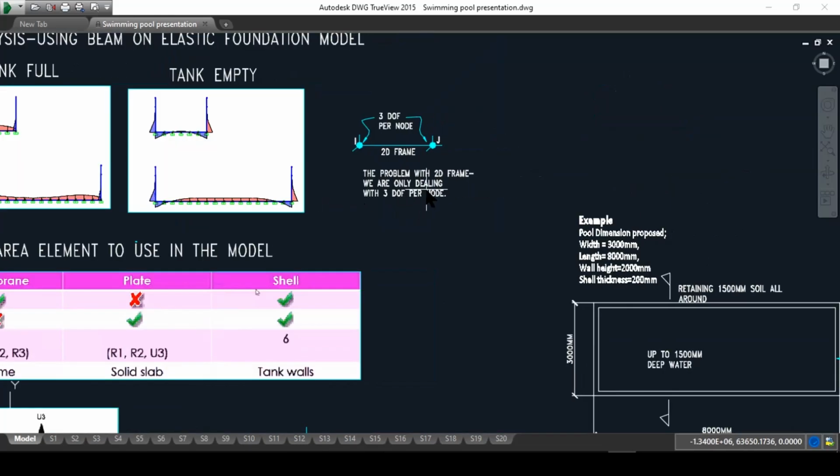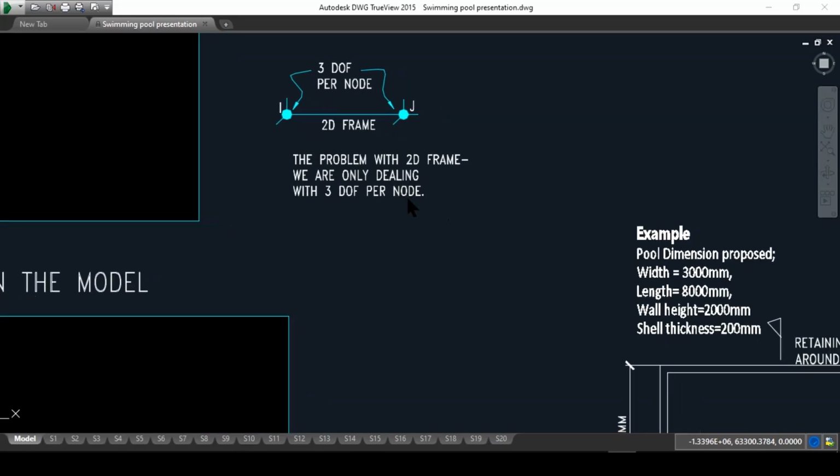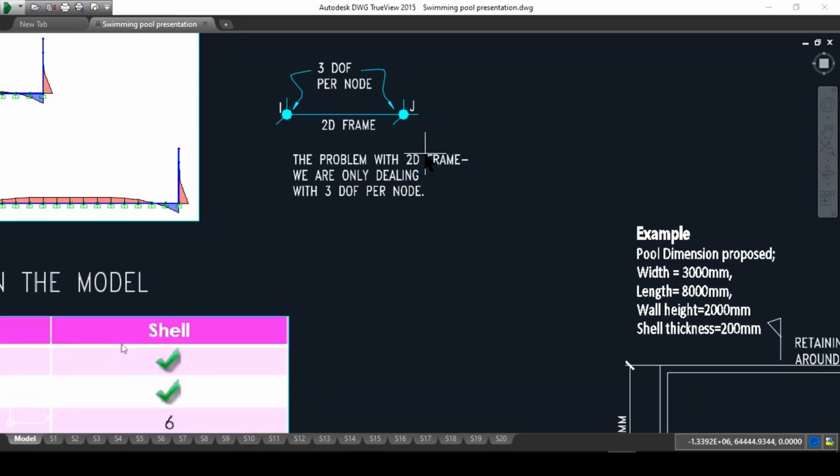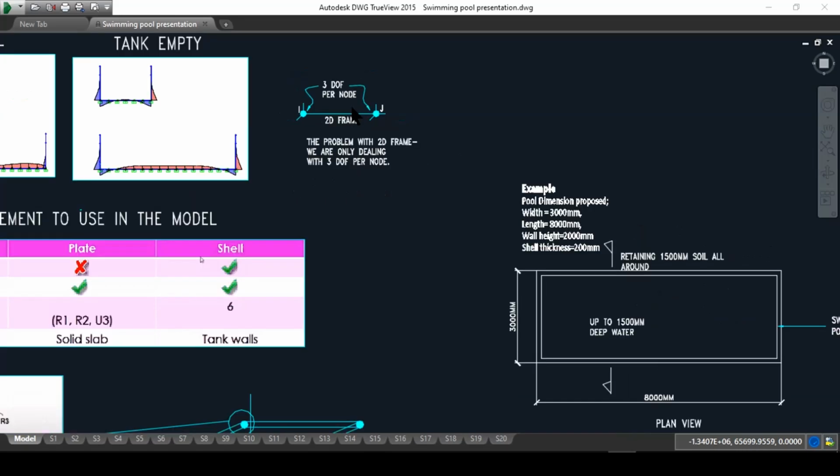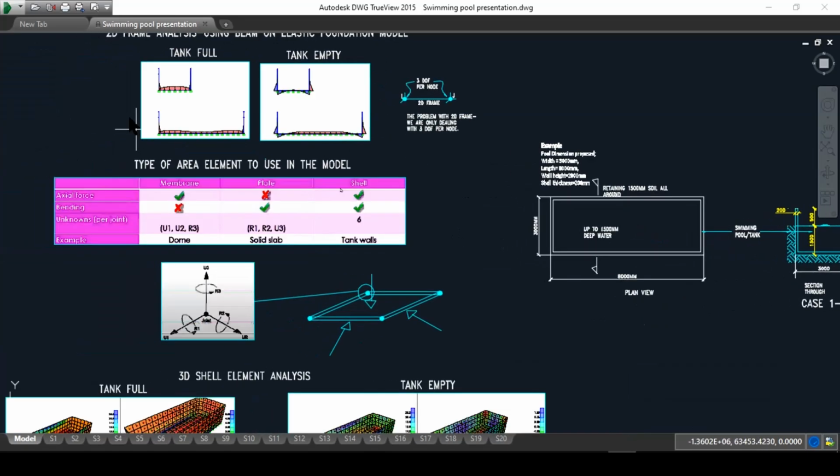What is it? If you think about it, a frame is basically two nodes, right, linked together via an element or a beam. But every node, I or J, has only 3 degrees of freedom. Okay, it can only move up and down, left and right, and rotate around the z-axis only. So that's the only information that we will get out of these nodes. In reality though, a pool or a tank or a 3D structure can move, every node can move in 6 degrees of freedom. Okay? So that's why we will move on to the next type of modeling,